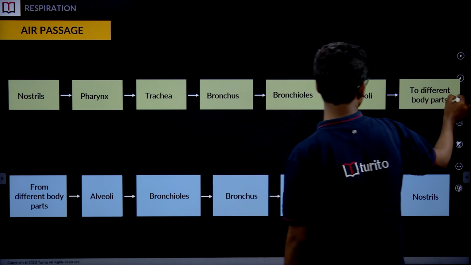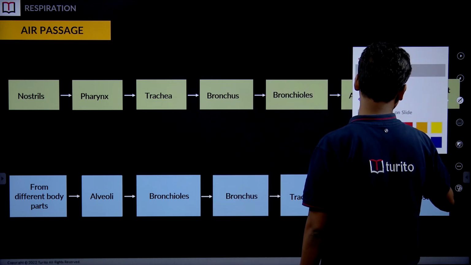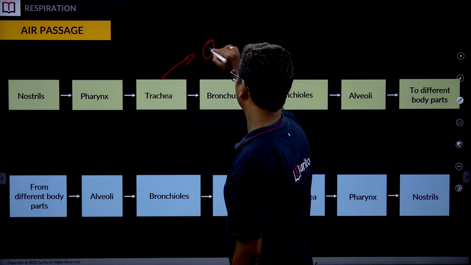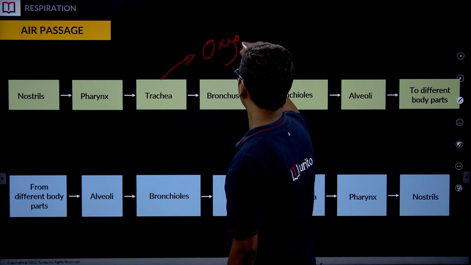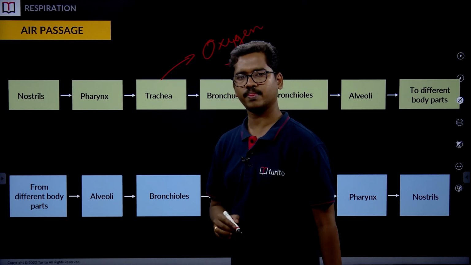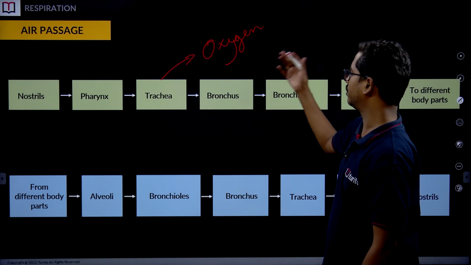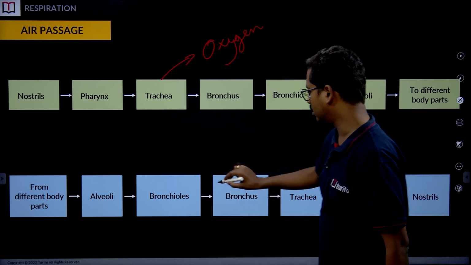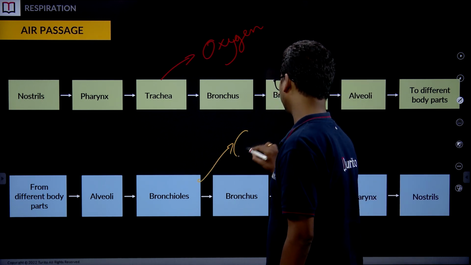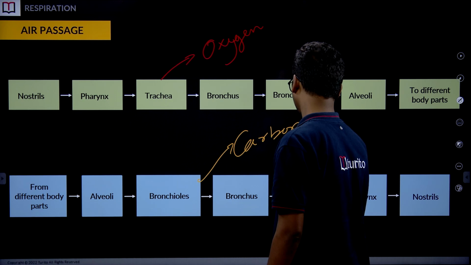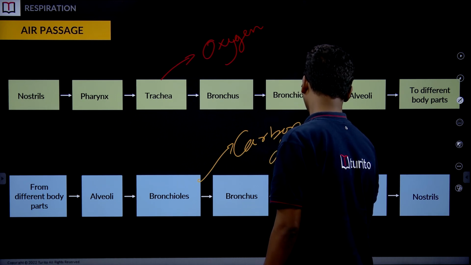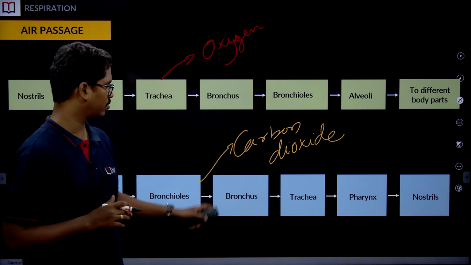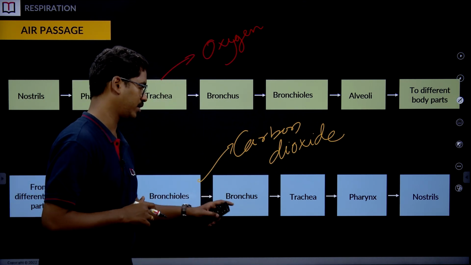I will change the color. So, this green route is actually taking care of oxygen. It is helping the movement of oxygen, and the blue one is actually taking care of the movement of carbon dioxide, correct. So, this is how carbon dioxide is moving, from all the